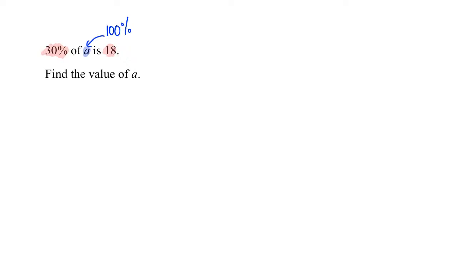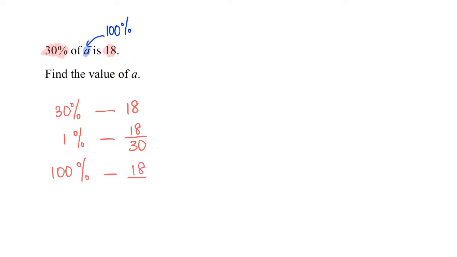So when they tell me 30% represents 18, how do we find A, which is 100%? Yes, I find 1% first. Yep, divide by 30. And after which, I can then find my 100%,